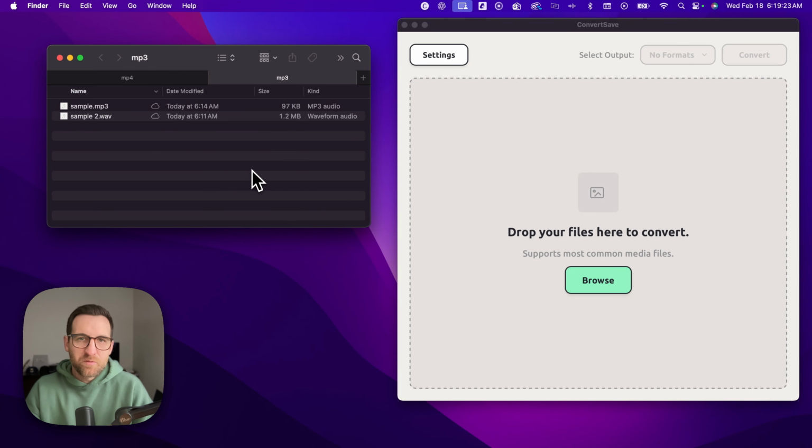Here's how to convert to M4A. So if you're trying to convert audio files, that M4A file extension or file type, I use an app called